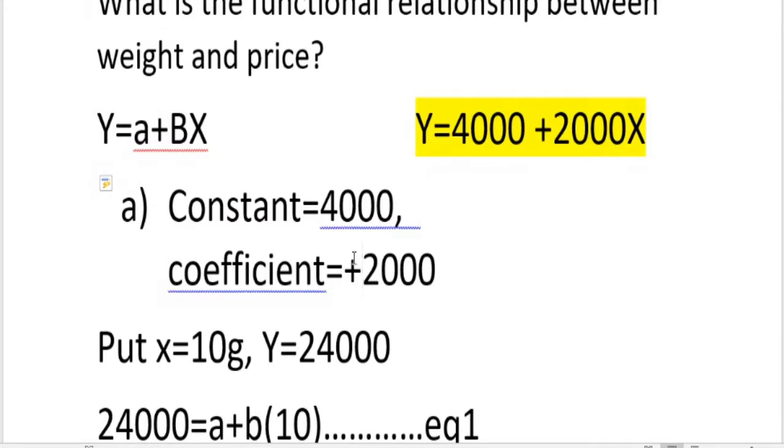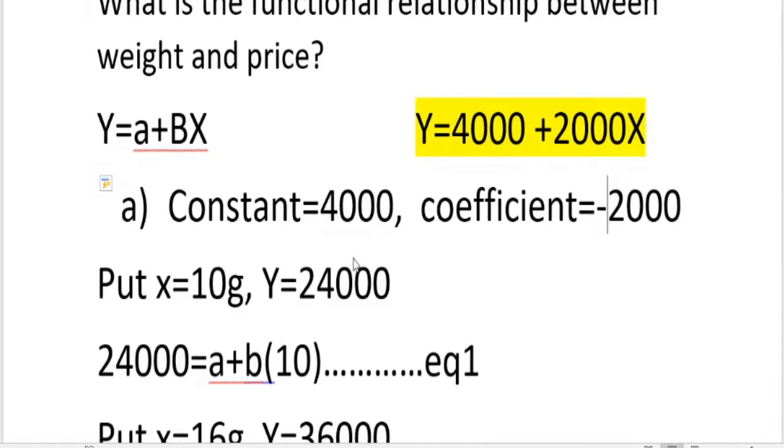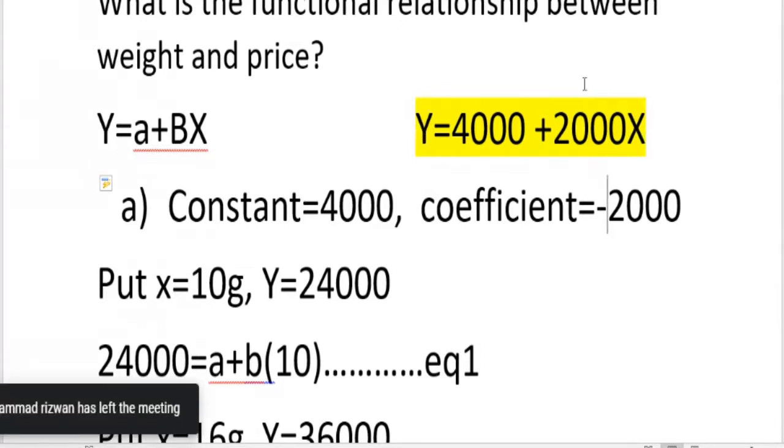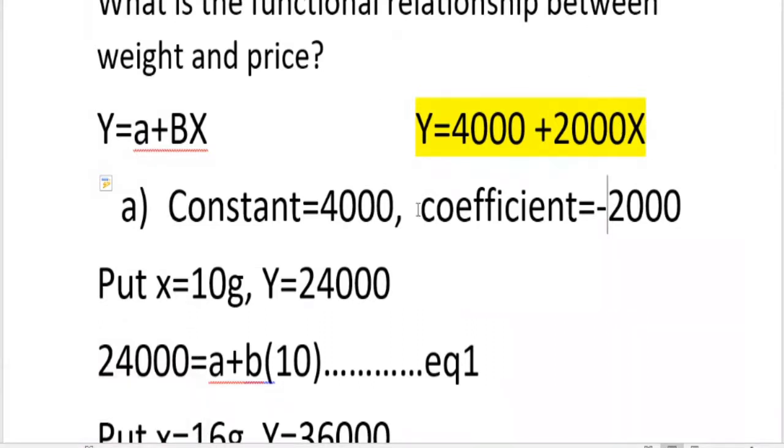इसके कंपैरिजन में अगर मैं इसको नेगेटिव कर देता, मान लीजिए नेगेटिव वैल्यू आ रही होती 10 minus 2000, then our interpretation is entirely opposite. X is negatively related to y, or vice versa. Y is a negative function of x. That means if you increase x, the y will decrease, or if you increase y, the x will decrease. So this type of relationship will come if the coefficient is negative or positive.